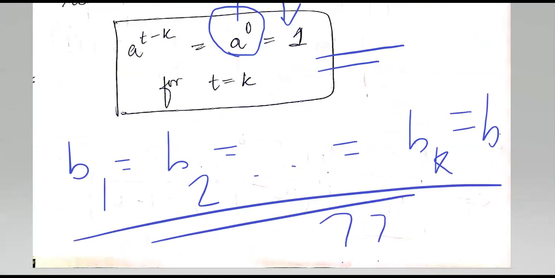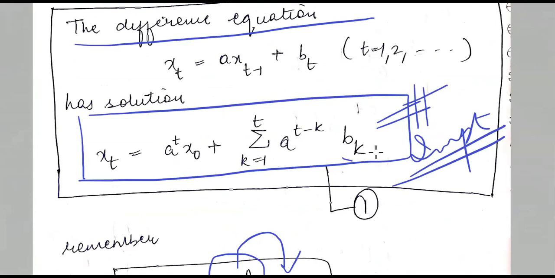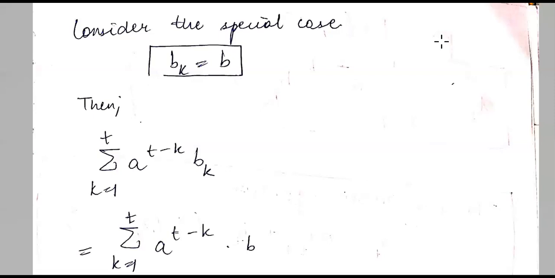So pause for a second and try this question, where you keep the value of b the same, and then you find out the pattern and find out the solution of the difference equation. It is very simple. Instead of this bk, everything is just getting multiplied by the same b. So just try and solve that for once. Taking the special case where all bk's are equal to b, instead of bk I can simply write b, because b is getting multiplied with all the terms. This b can come out. So remember, it was a to the power 3 into b